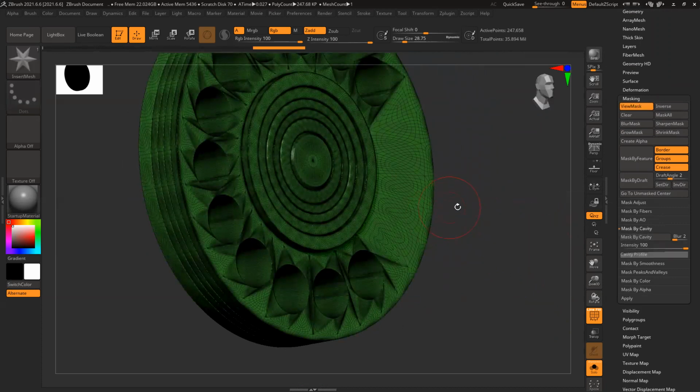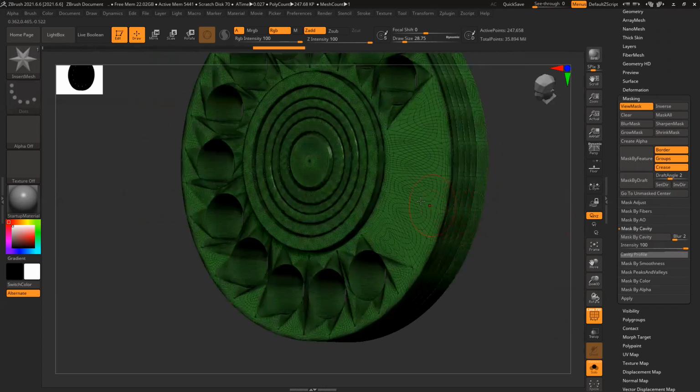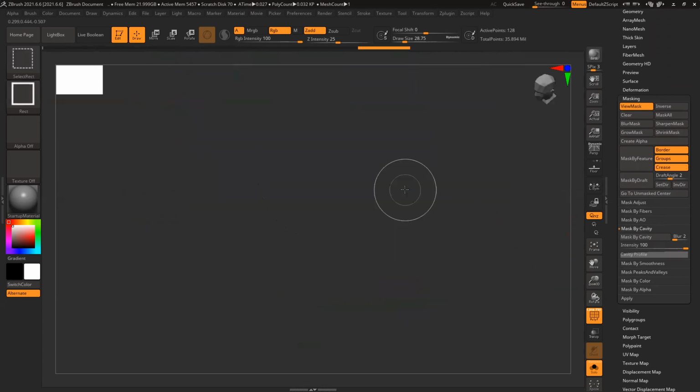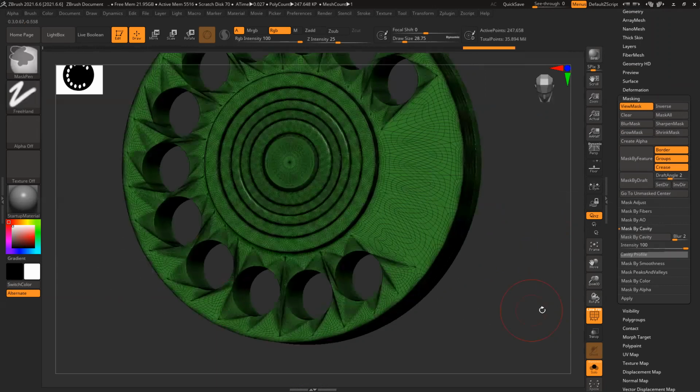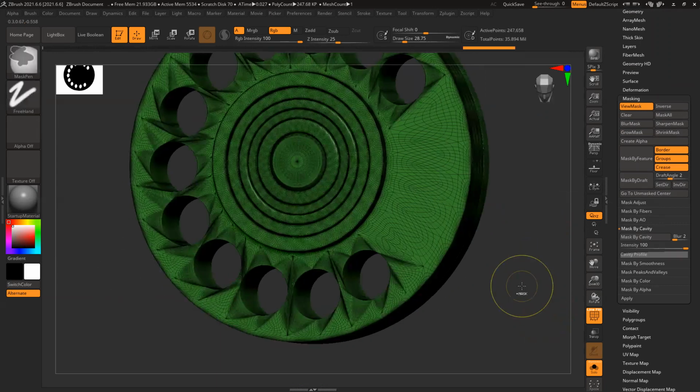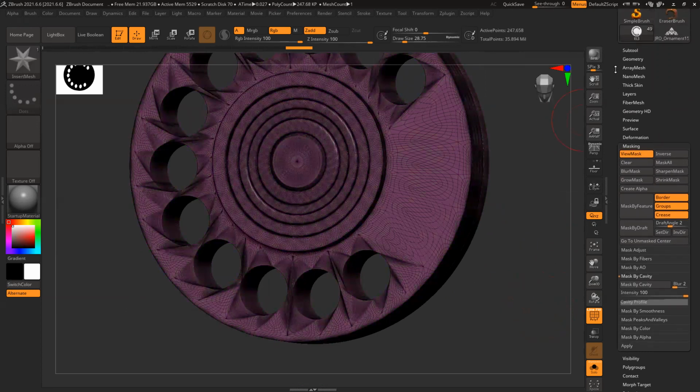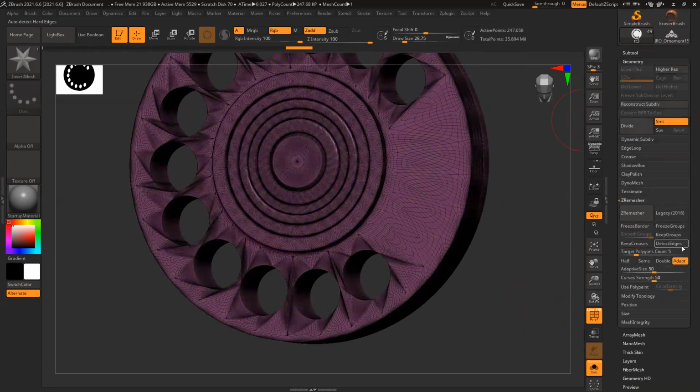Control W. No, it doesn't work. Okay, let's try ZRemesher, detect edges. Let's see. I should have saved my file.